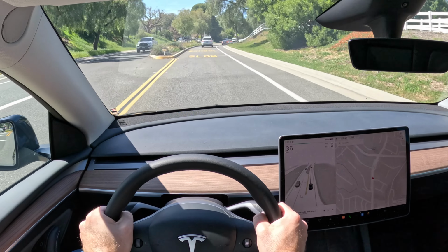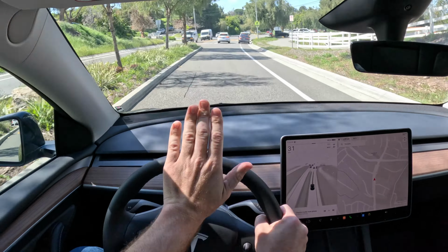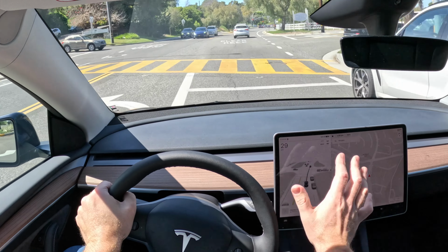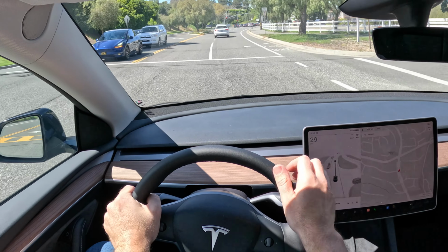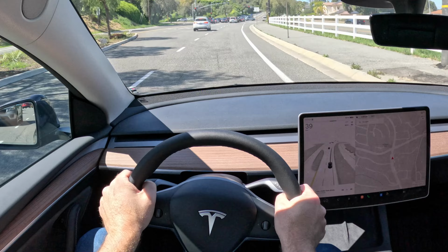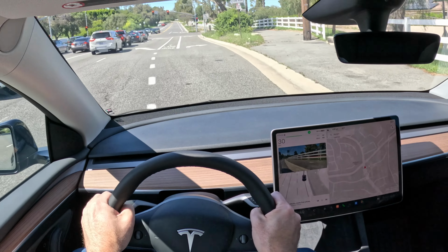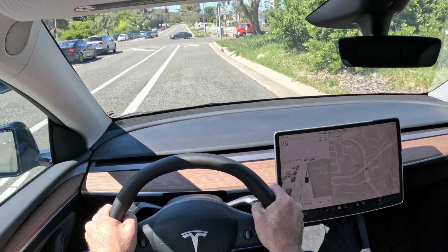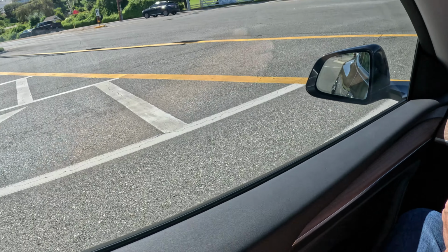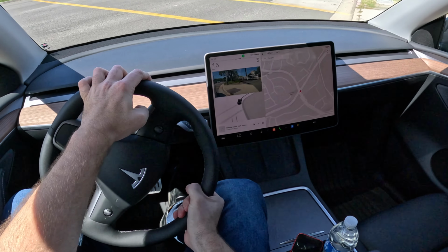of minor things. This car should have a heads-up display to project your speed and other information directly in front of you, so that as a driver, you don't have to look down here to the center for all of that stuff. And it should have blind spot monitors in the mirrors like just about every other car on Earth has. But those are minor things that you could get over,